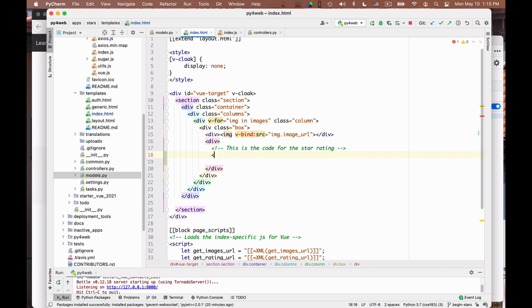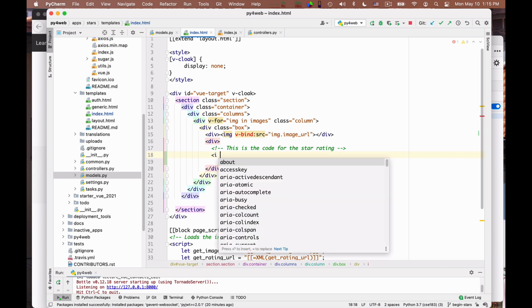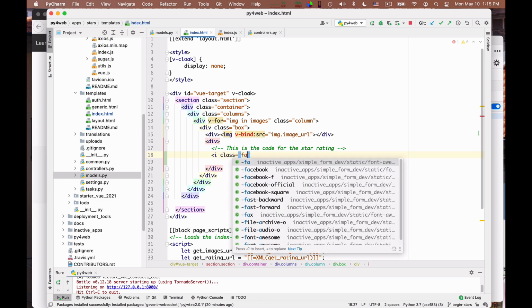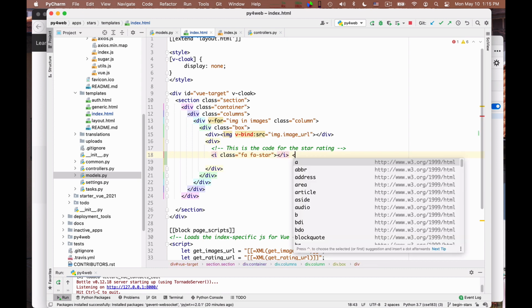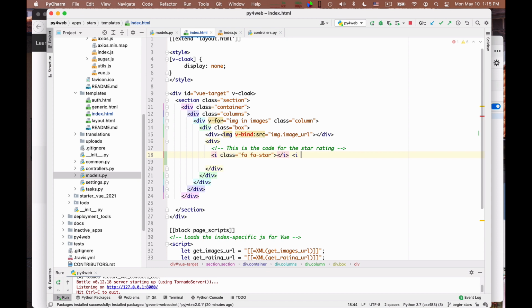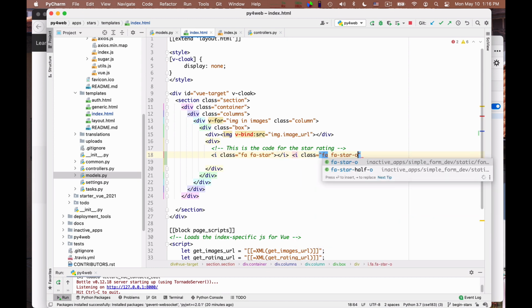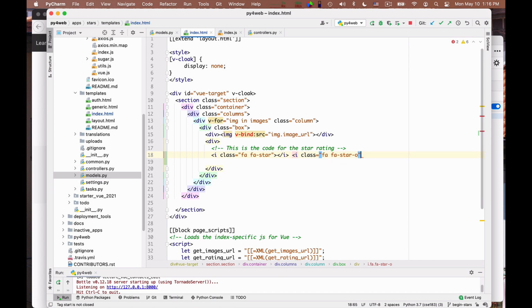I have star icons. One is this, <i class="fa fa-star">. This is one star, the filled one, and the unfilled one is <i class="fa fa-star-o">. This is with Font Awesome 4.7. If you wish to use Font Awesome 5, read the instructions. But you have to use, in any case, a pure CSS icon set.